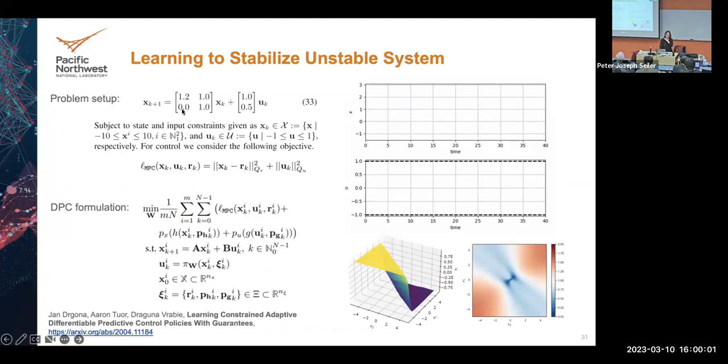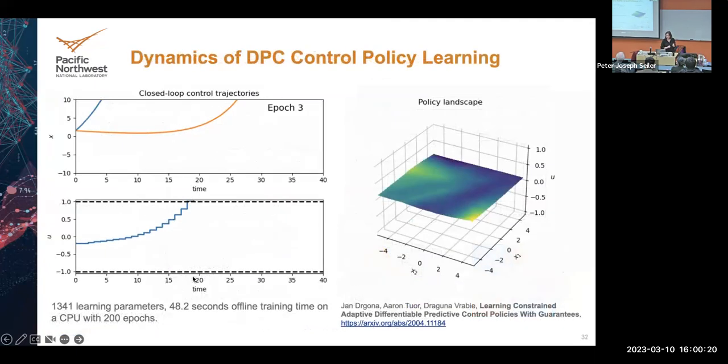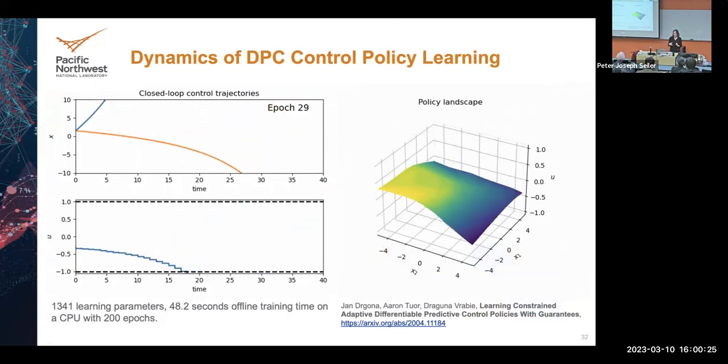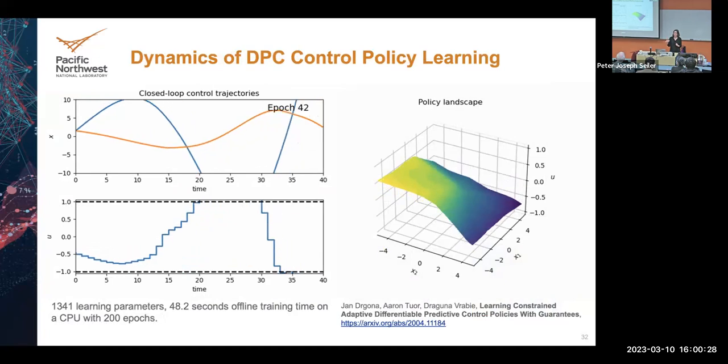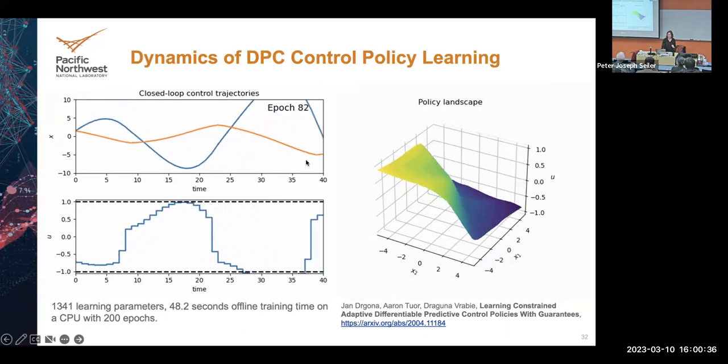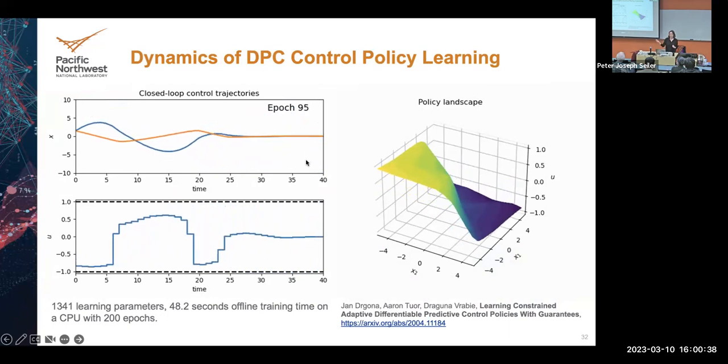In this case, we assumed that we know the model of the system. So let's assume we did a system identification and this is the model. And we want to minimize this MPC loss function. So our DPC formulation basically amounts to training a control policy. So this is how the control policy is learning over time. In this case, we're only showing the start from the same initial condition and it's the same objective. So over time, you can see how the closed-loop control trajectories are changing while we're learning.